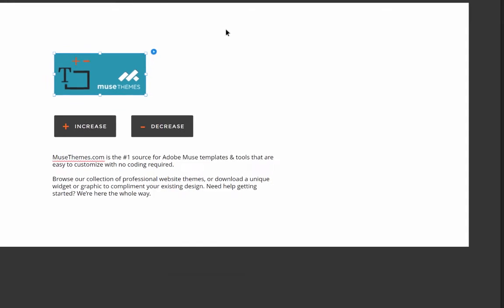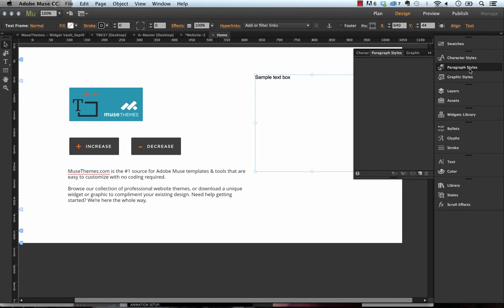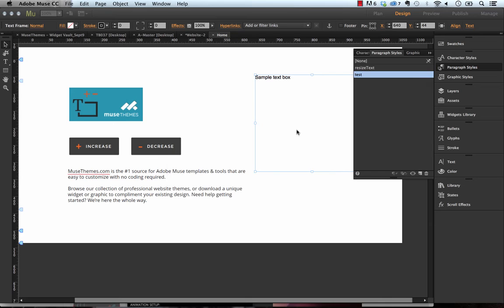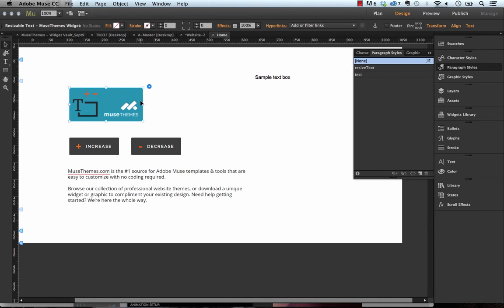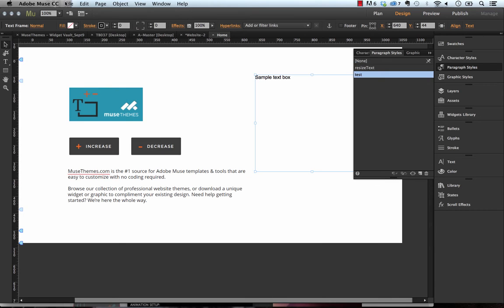So if I go ahead and draw a text box like this and just say sample text box within it, and then I'll go over to the paragraph styles panel, and I'm going to create a new style for that, and I'll just call that style test, just like that. So now we have a text box with a style applied to it. If I go into the widget controller here and I change the target class to test, and then I'll preview the widget in the browser,